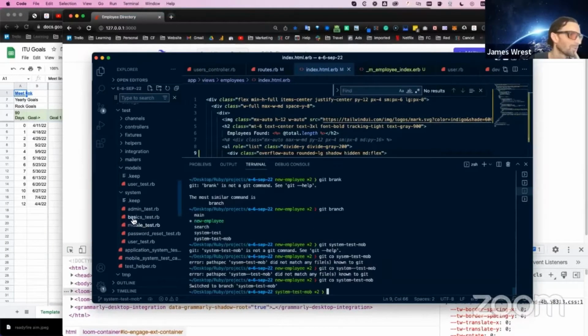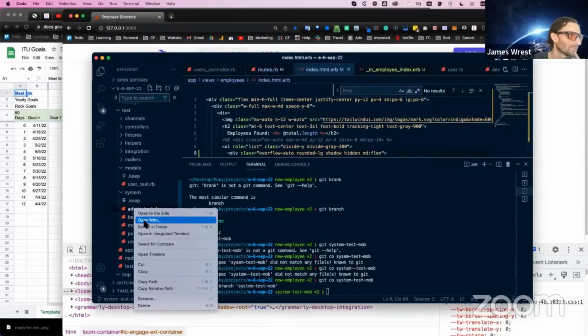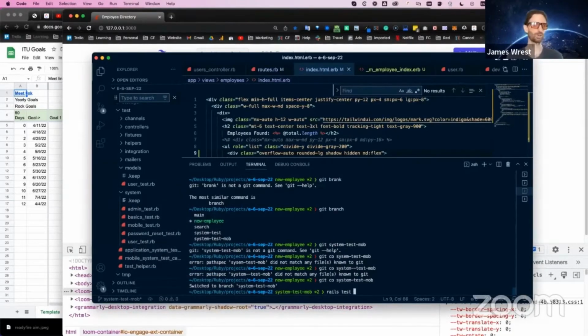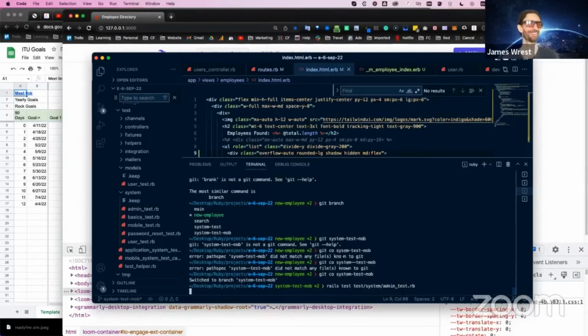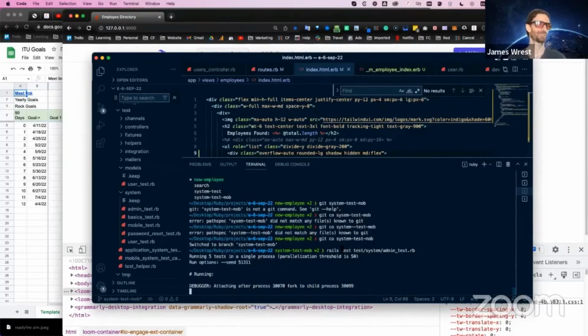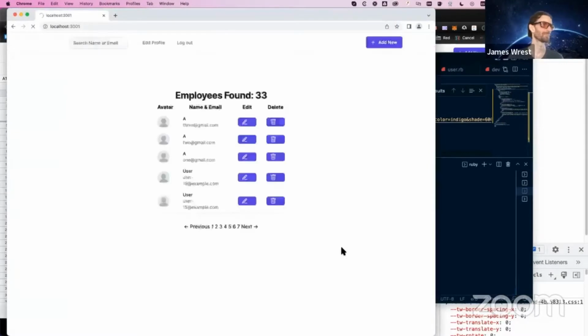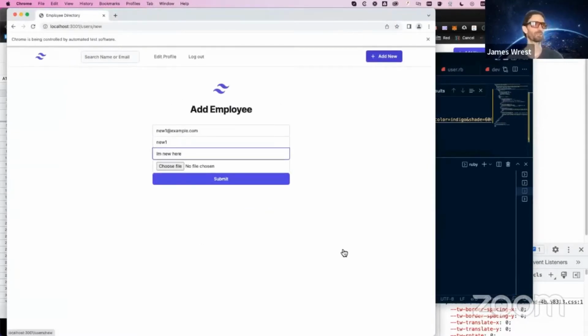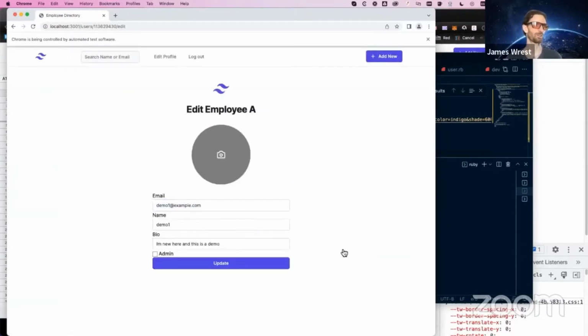So for example, it's a system test. So let's copy. So this is the job. Literally, I'm making this code to make this bot do this thing. See if it works. See how it pops up, and it does a bunch of things. So it acts like a user, and it's adding an employee, adding the picture, submitting it, doing a bunch of other tests.